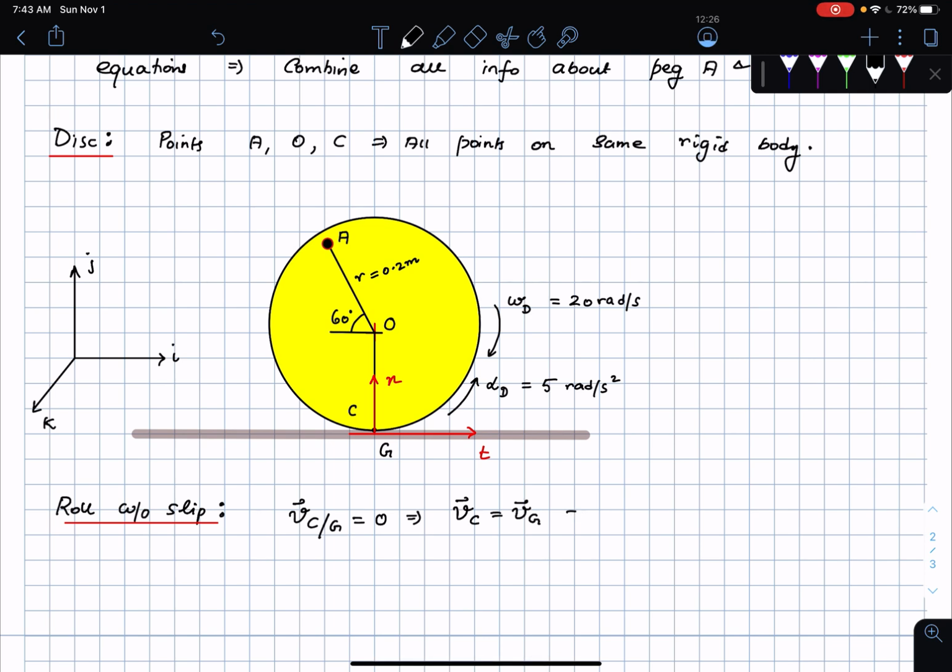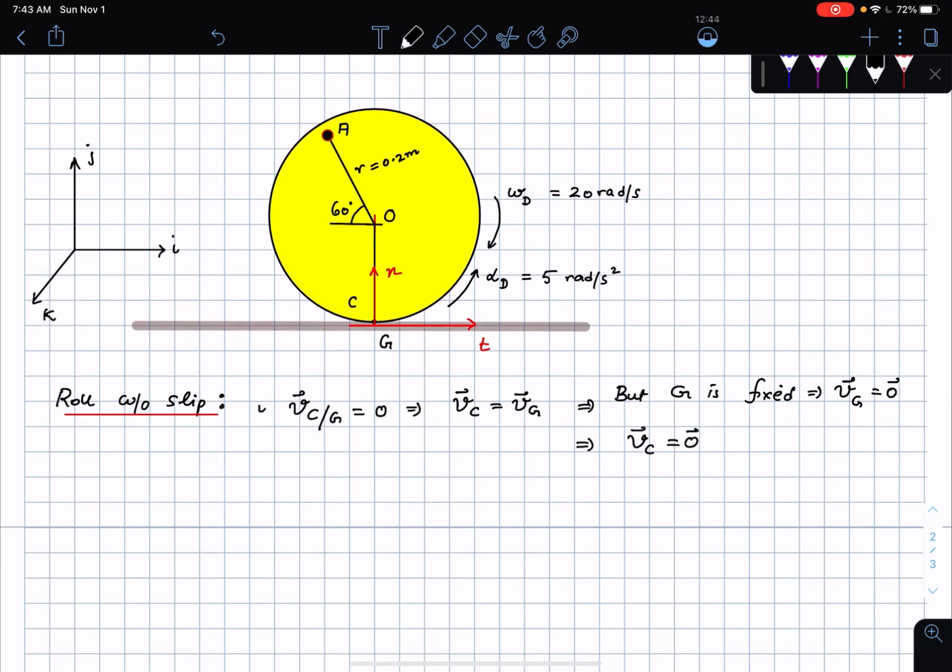We'll write this separately. Okay, so that's there, but G is fixed, which means that velocity of G is equal to 0. So this tells me that velocity of point C is 0, the 0 vector. And that's the first condition of rolling without slip. The second condition of rolling without slip is that the relative acceleration in the tangential direction is 0, which tells me that acceleration of C in the tangential direction is equal to acceleration of G in the tangential direction, but